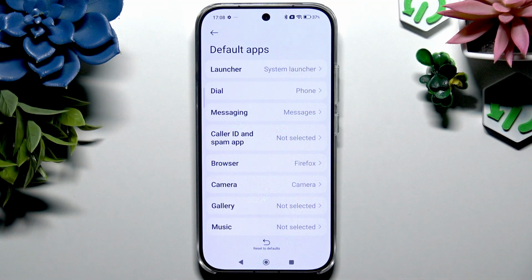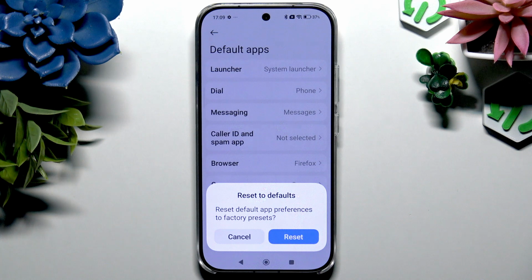If you ever want to reset to defaults, you can tap on this button at the bottom and confirm your